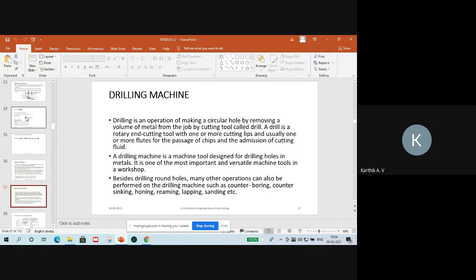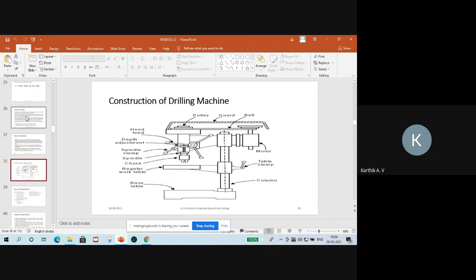The drill bit strength should be higher than that of the material strength, then only you can create a hole in the workpiece. Holes of different diameters can be created with tools of the particular diameter.